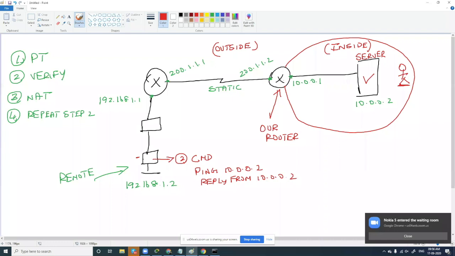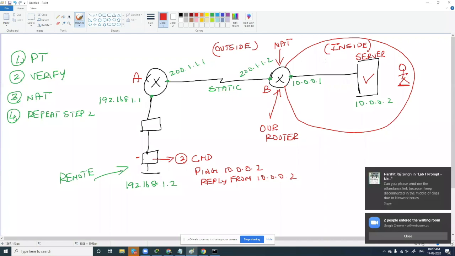And where we have to configure NAT, we will configure NAT in this router. We will keep it as router A, and this is router B. So where will you configure NAT? NAT configurations have to be done in router B. Right? Now, what type of configurations do we need to do? First, understanding the inside network and outside network. Now, can anyone tell me this? Router B, please listen to this carefully. Router B is connected to the inside network. Yes, we all know it is connected to the inside network, and it is also connected to the outside network.